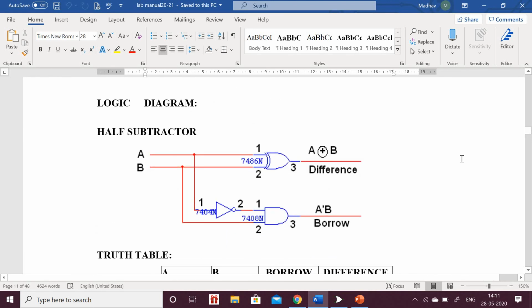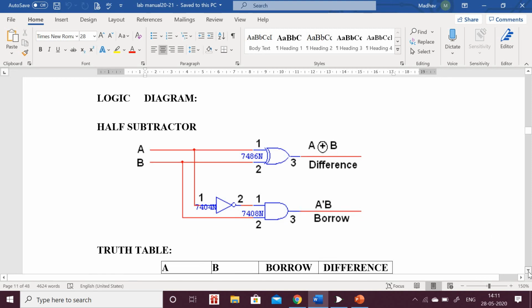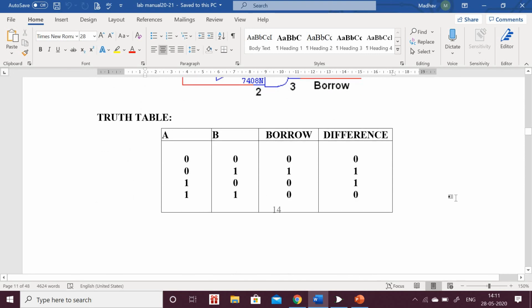And next, coming to the half subtractor, the half subtractor circuit is similar to the half adder. The only difference is that at the place of the AND gate, on one of the inputs a NOT gate will be connected. That means instead of AB as input to the AND gate, you will get A bar B. So half subtractor will do the subtraction operation for 2 bits.